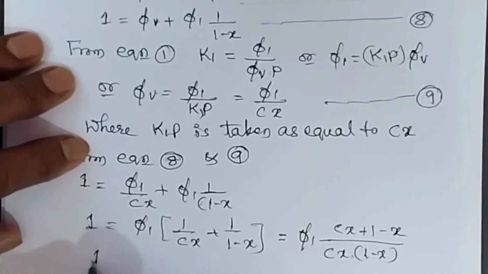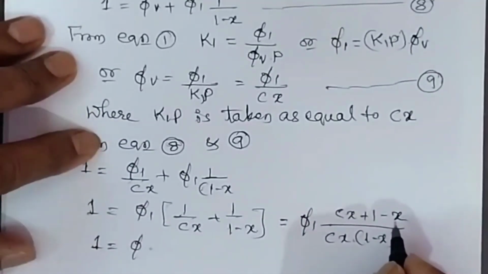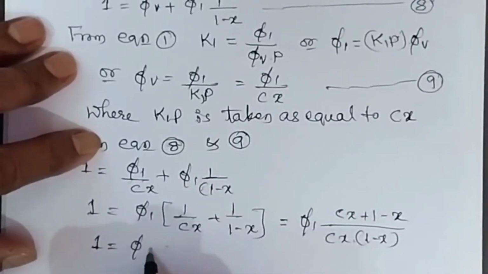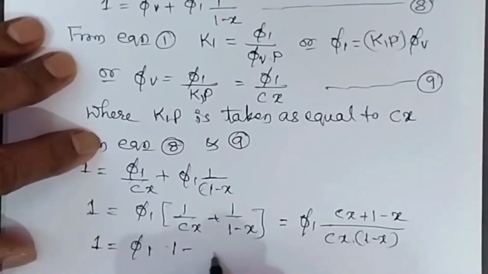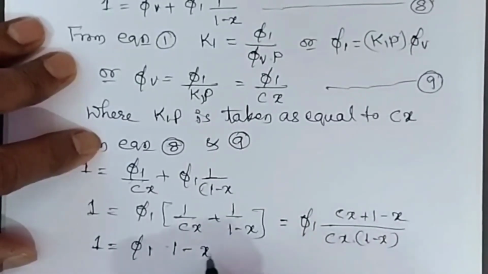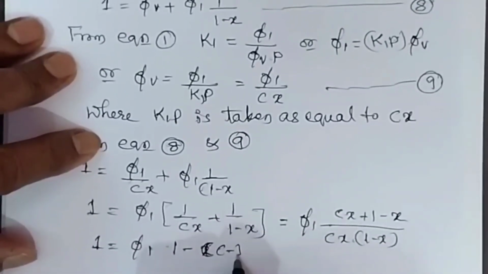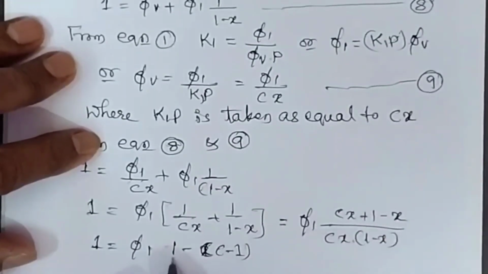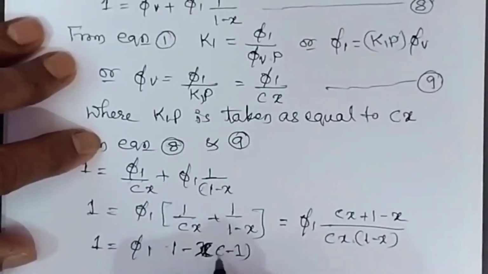Now we may take this 1 equal to pi 1 into bracket, you take x common, pi 1 as it is, then 1 minus x is taken as common, then 1 minus c minus 1, this is c minus 1. Here suppose 1 is kept as it is, then x is taken common, here. Suppose this is x,